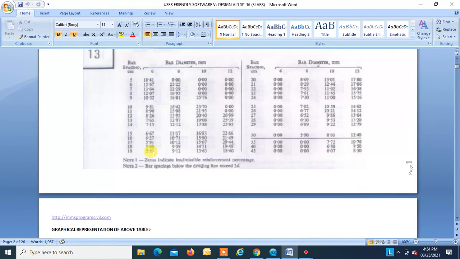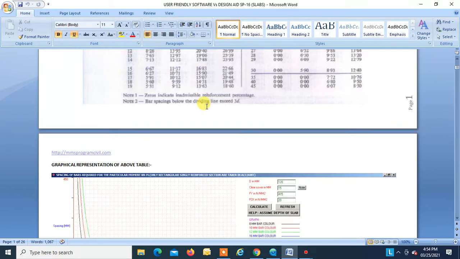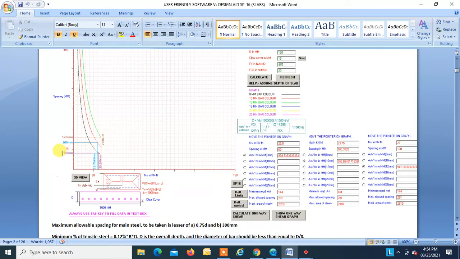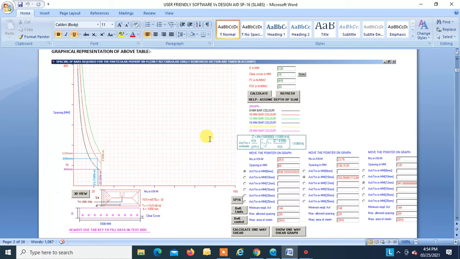Let us see the table: 10 mm, 100 mm spacing, and the moment of resistance is 23.7. Similarly, for 8 mm, when the spacing is 60 mm, the corresponding moment is 25.5, and so on. This is the screenshot of the program where we have taken the same values: